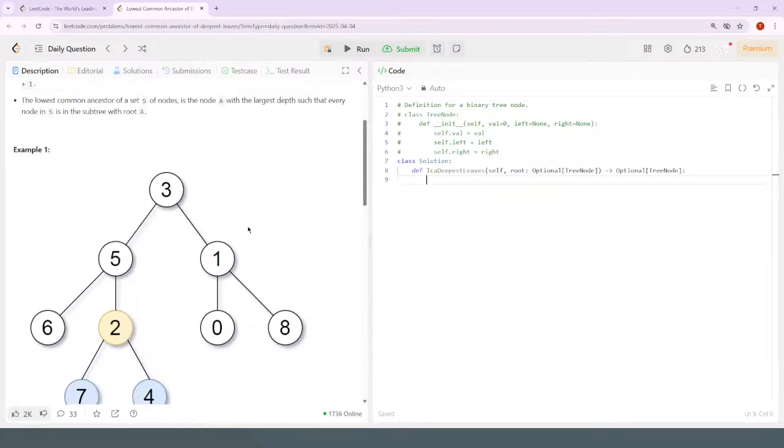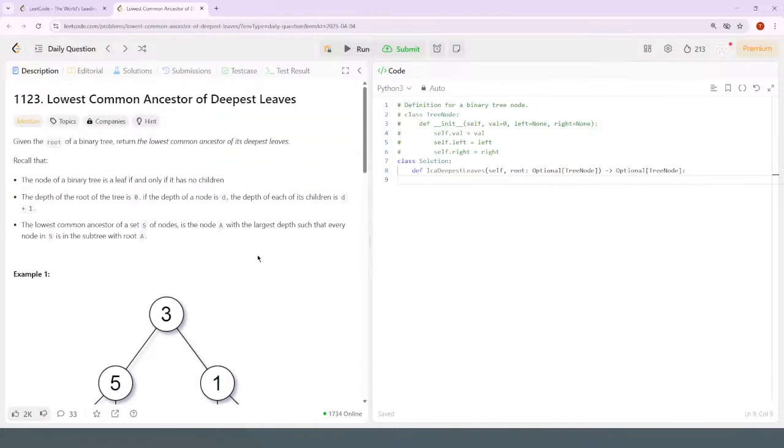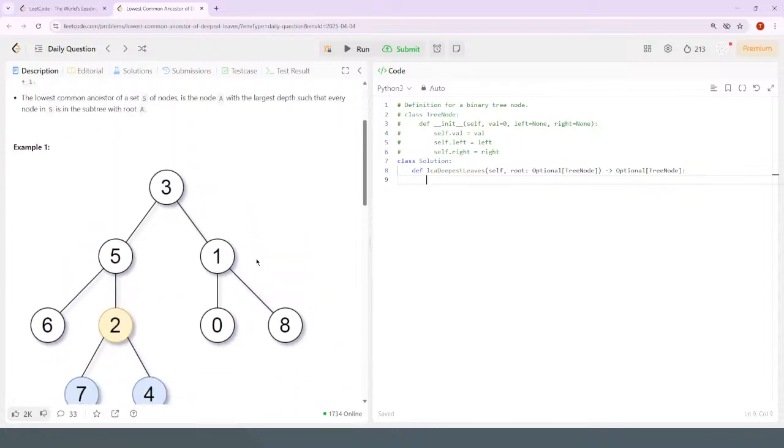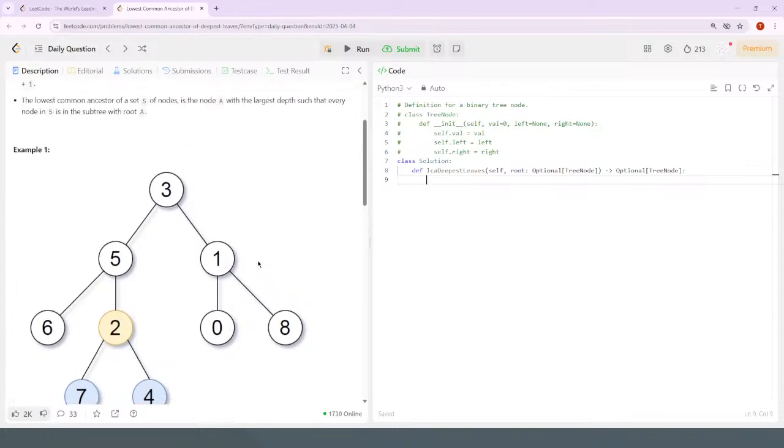Alright, so it's been a while since I did something like this. How to approach this? I think what would make sense is to try to find the deepest leaves first. Can I logic my way through this? If you have one deepest leaf, then it's just the parent. And if you have multiple deepest leaves, is it true